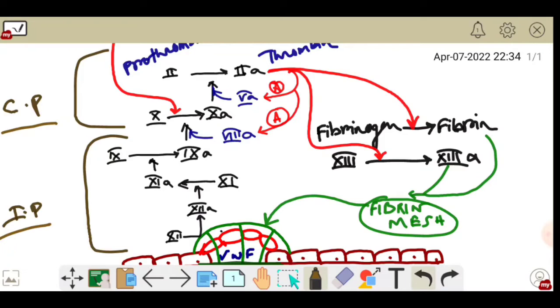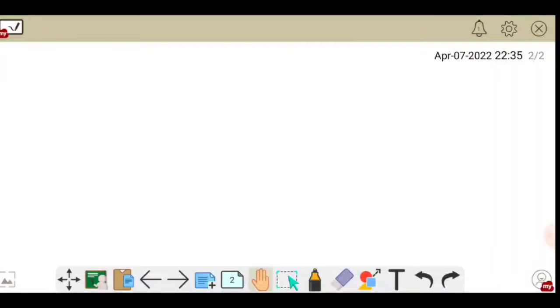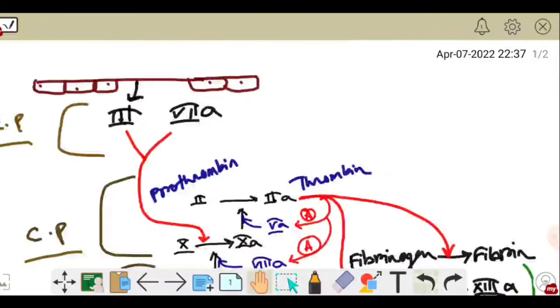So before talking about heparin, we have to know one point, and that is the liver makes a special type of protein known as antithrombin 3. It actually inhibits the activation of factor number 2, that is thrombin, and the activation of factor number 10. Why is this very important? Because it actually blocks the coagulation cascade or the pathways, because as in the previous lecture we have seen that